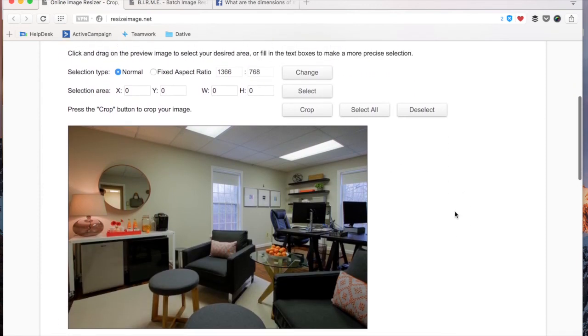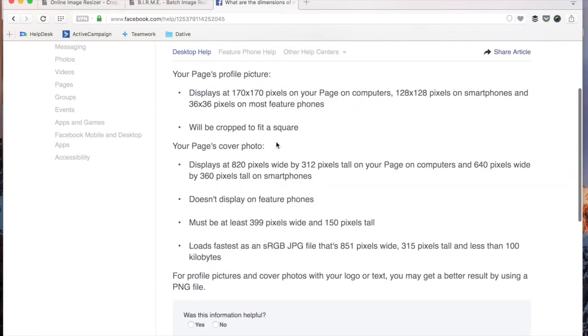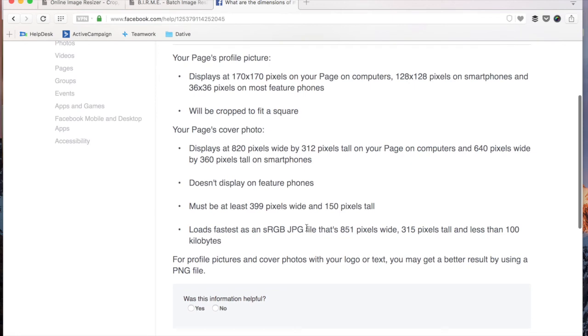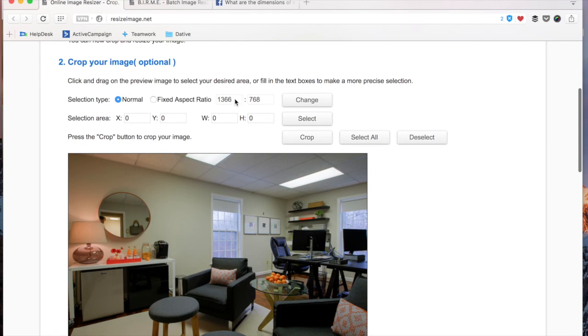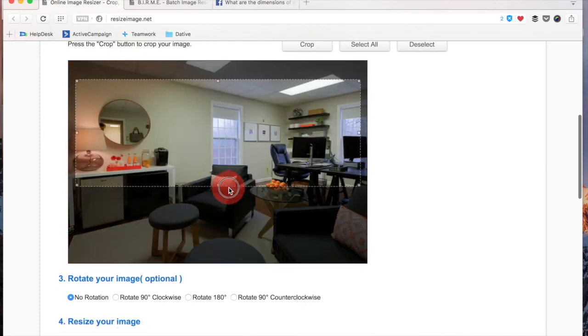a specific pixel dimension. For example, if you wanted to update your Facebook's cover photo, they recommend an image that's 851 pixels wide and 315 pixels tall. So let's do that. I'll put in that dimension here, 851 by 315. Now you notice once I do that, when I choose to select and crop part of this picture,